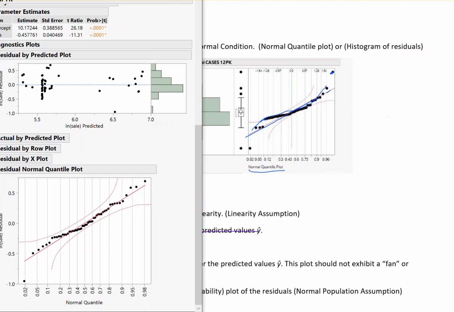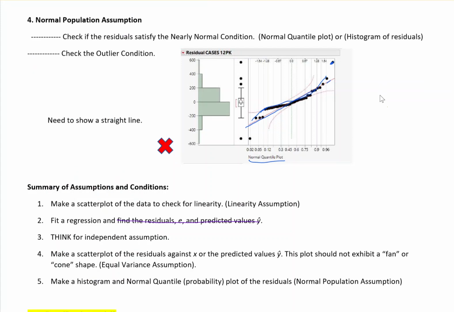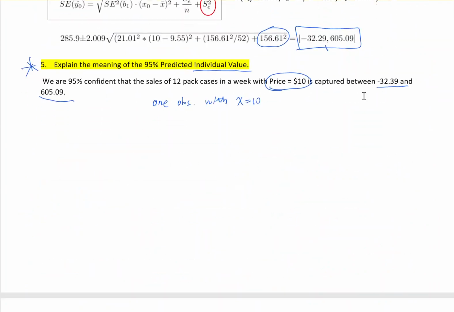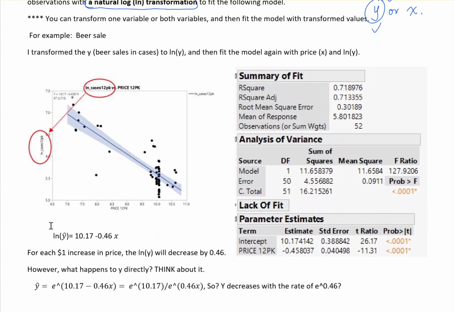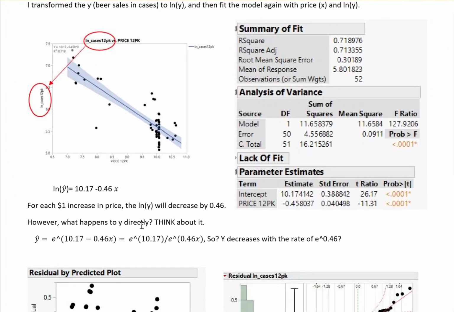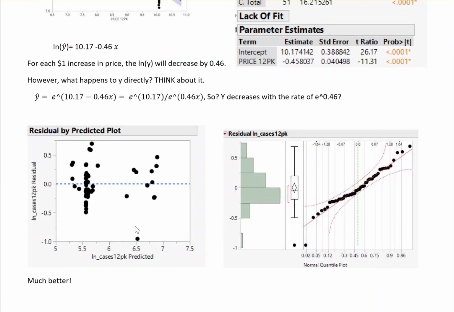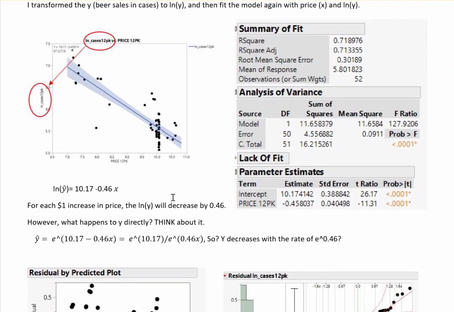Okay, so that means after we do the transformation and then make the regression based on the natural log of y with x, the assumptions are getting better, right? So for these two cases, we can say this one is good, this one is also kind of good, right? Okay, that means based on the assumptions, it looks like this regression equation is better